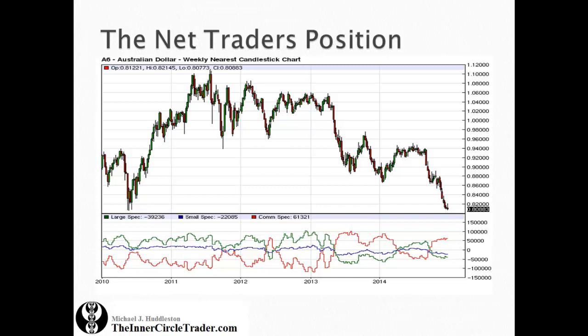Now, the reason why I'm taking you to the COT is because while I am not, quote unquote, a fundamental trader, I do believe there are fundamental reasons for markets to move long term, not short term, long term. On the short term, we're going to learn that there's absolutely a very clear indication that markets are manipulated. Okay, and one could argue and say that's not right, but there's a way of capitalizing